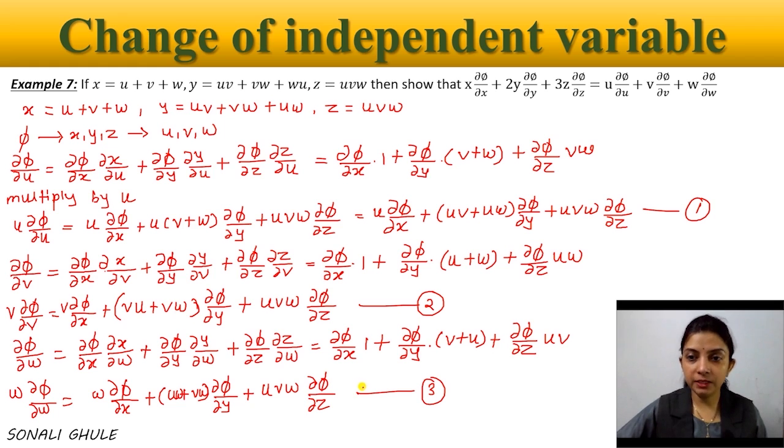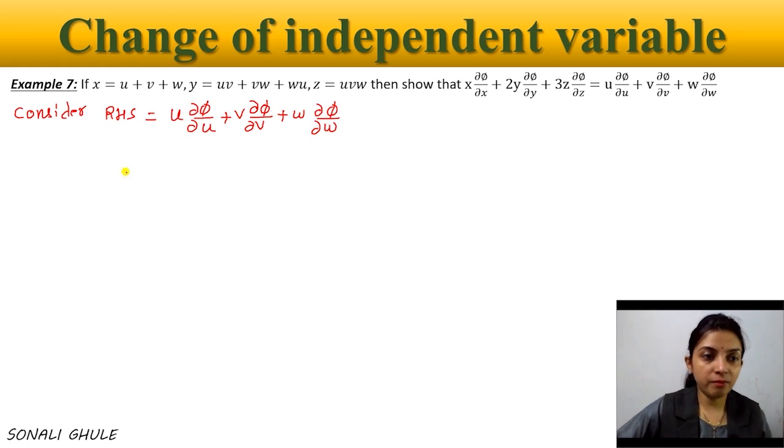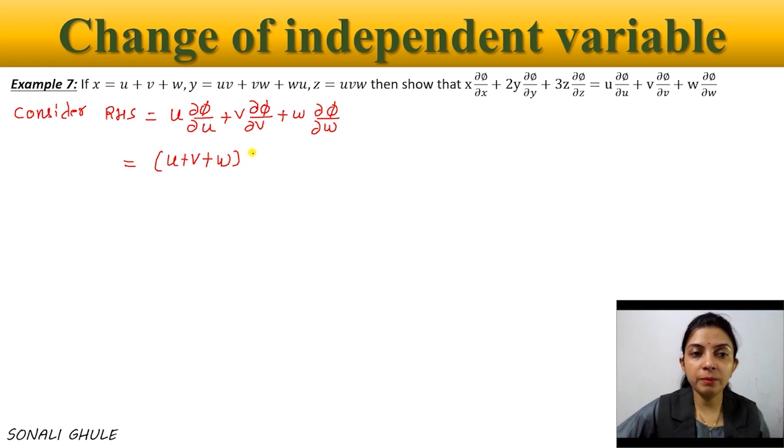If I do the addition here, what happens? Phi with respect to x, then here also phi with respect to x and here also phi with respect to x. This derivative is same but their coefficient is different. Here it is u, here it is v, here it is w. So while doing addition, I can find here phi with respect to x common